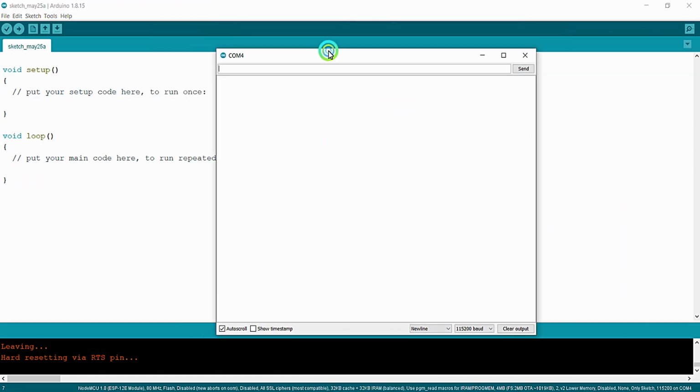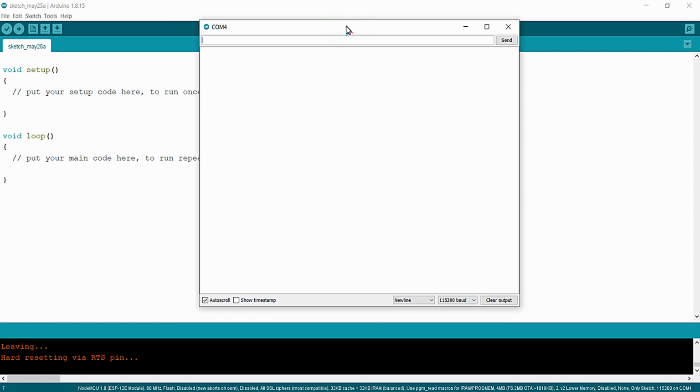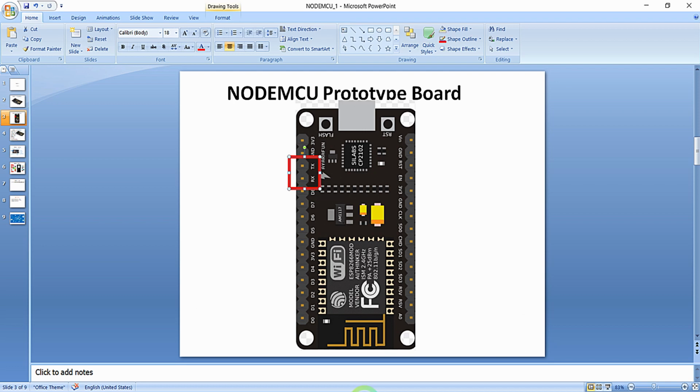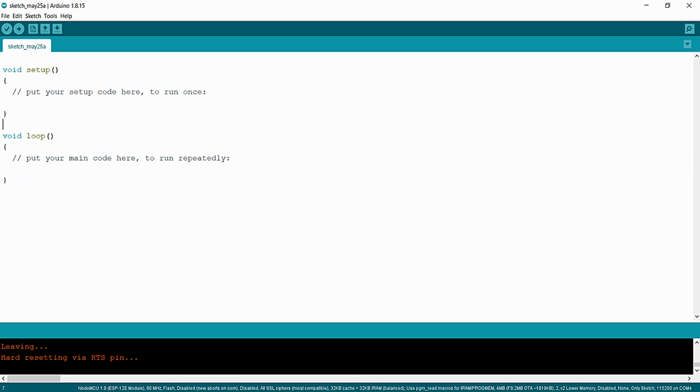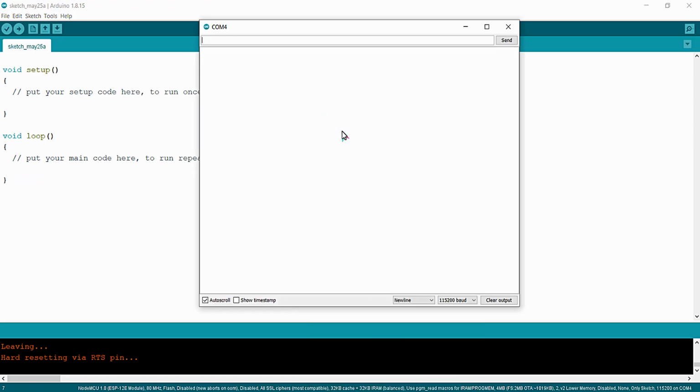This is because the serial monitor operates in serial communication, and when I connect the NodeMCU to the PC through the USB cable, this UART line will be connected to the serial monitor, and we can transfer data from our NodeMCU to the serial monitor, and fetch data from the serial monitor to our NodeMCU using serial UART communication.